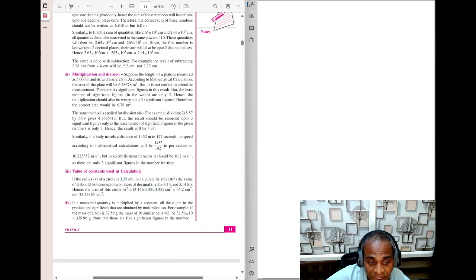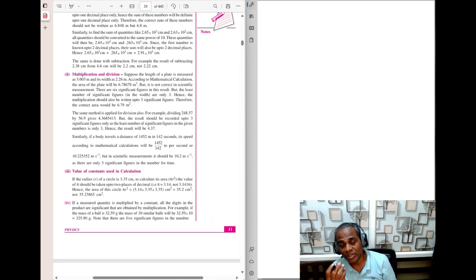Now pi is a non-terminating decimal, so its value can go on increasing. So the number with minimum significant digits is 3.35, and the final product has to be rounded off to three significant digits. And that's why the final product, though it is obtained as 35.23865 in this case, we round it off to 35. So the basic logic is that when you are adding or subtracting or multiplying or dividing numbers,